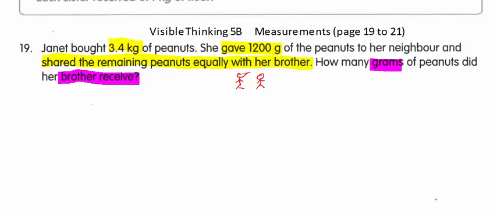Now I'm going to do the conversions very quickly and in my mind. I'm assuming that you are comfortable with doing conversions. So 3.4 kg is 3400 grams. So if I gave 1200, now one thing to also remember is always put in your units, especially when it comes to measurements, because there are so many units, it's sometimes difficult to keep track of what the unit is and you may forget. So make it a habit for every number to put down the units. So 3400 grams minus 1200 grams, that will give you